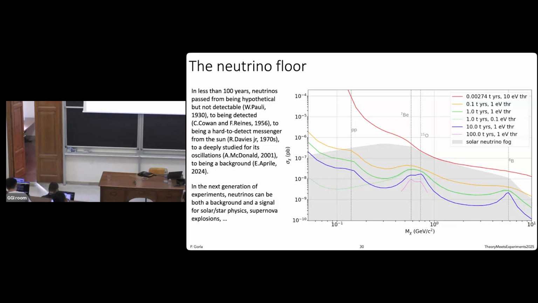So, of course, in next generation experiments, neutrinos can be both a background and a signal, because there is still some solar star physics that we are interested in. Metallicity, for example, is another open question in the understanding of the life of stars, and of course there can be